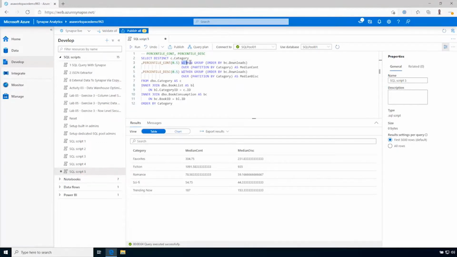The WITHIN GROUP expression specifies a list of values to sort and compute the percentile over. Only one order by expression is allowed, and the default sort order is ascending. The OVER clause divides the FROM clause's result set into partitions, in this case as category. The percentile function is applied to these partitions. Now let's replace this script